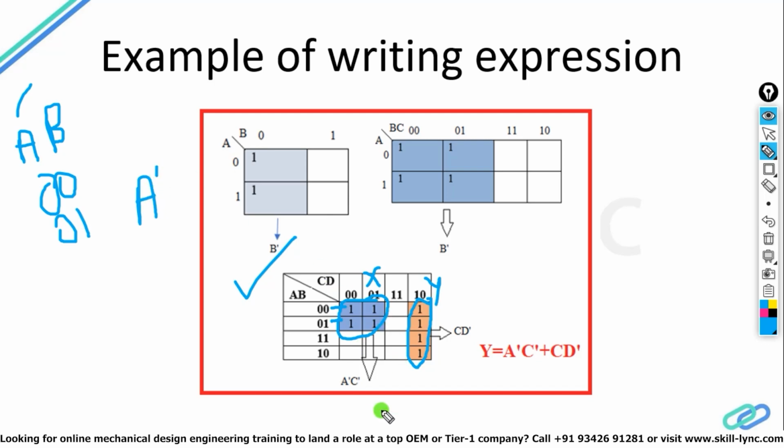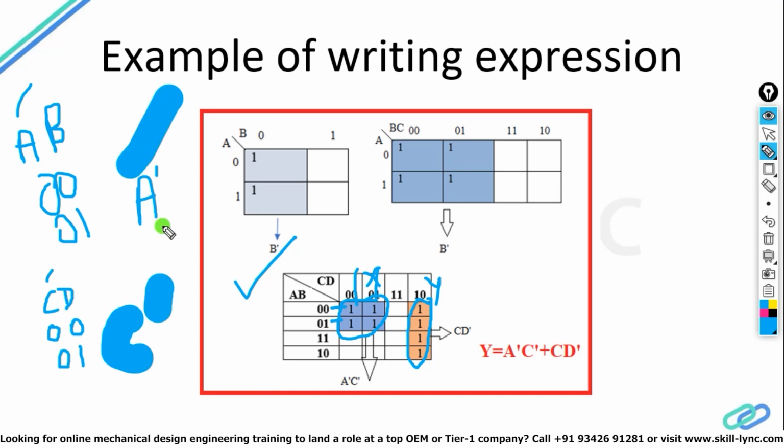Now on the above side, at the top side, this and this belong to C and D. After taking C and D, the first column is 0, 0 and the second column is 0, 1. So C is in common with the value 0. So it is C bar. So finally you will write A bar and C bar. That is the final answer. It is A bar, and from here we are getting C bar. So finally you can write it as A bar C bar in totality.